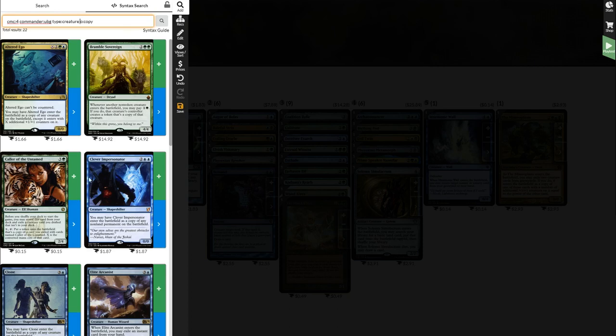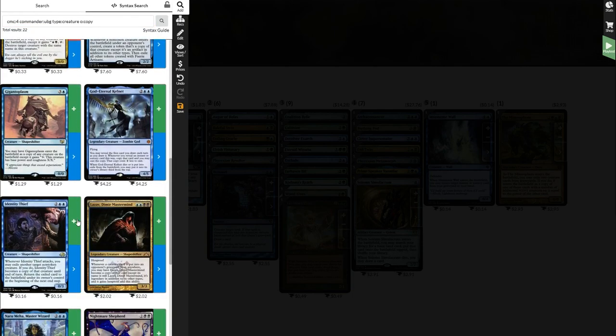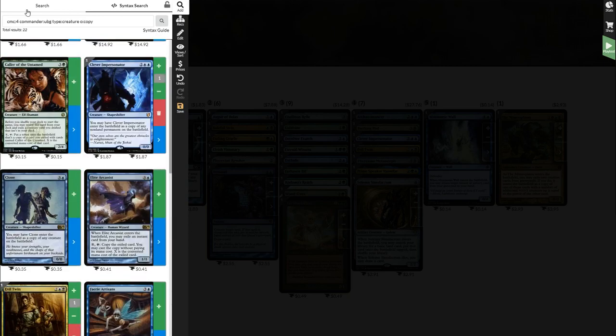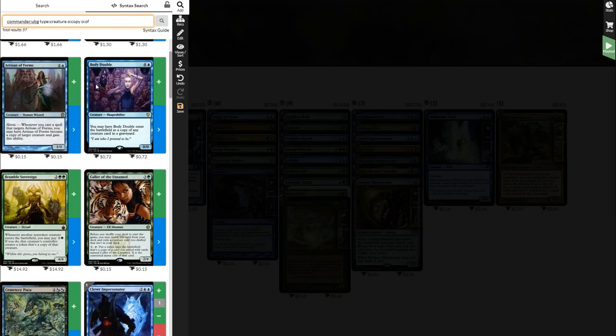Clever Impersonator, copying any non-land permanent for $1.80 is going to be worth it. Sakashima's Student at $26. See how quickly you get up there in money. Let's get rid of the CMC for a little bit, and creatures that are copy of, and see how much Phantasmal Image is. Because I will